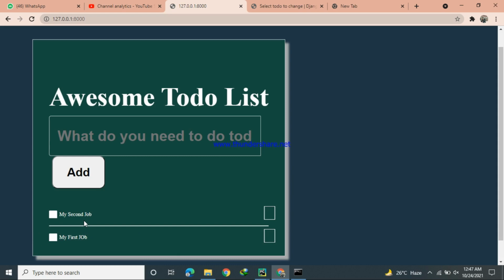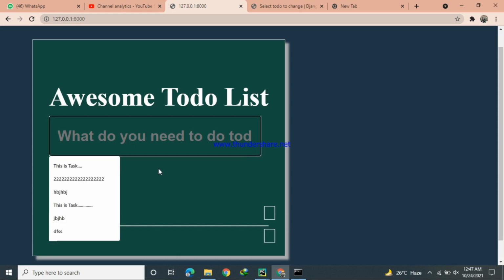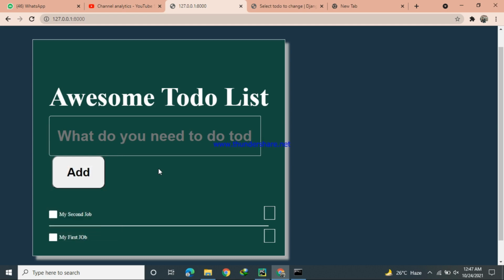So it's my second job, it's my first job, we have two jobs there. And the major portion is that we have to add our jobs, our Todos, by using this input.